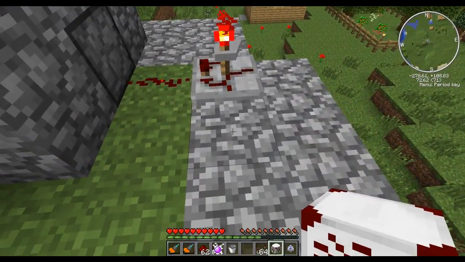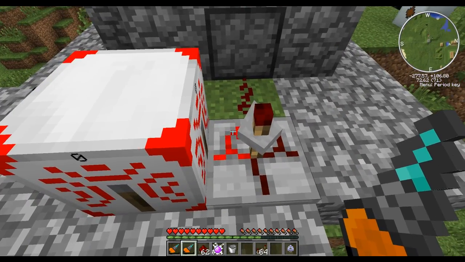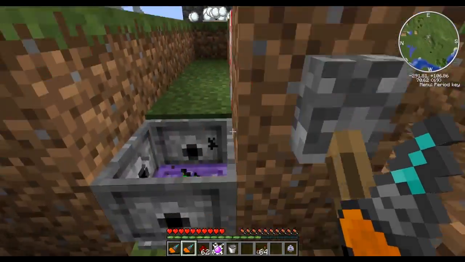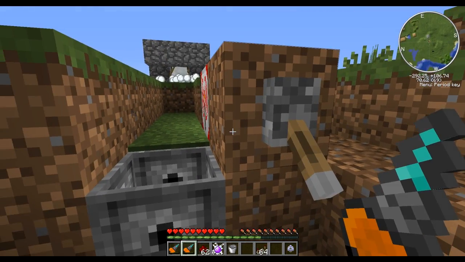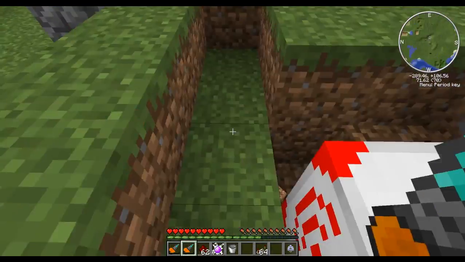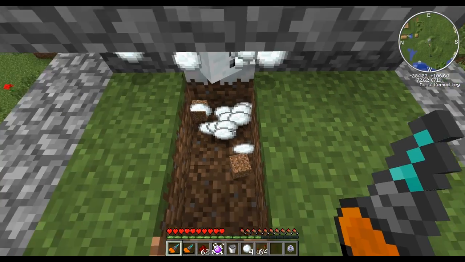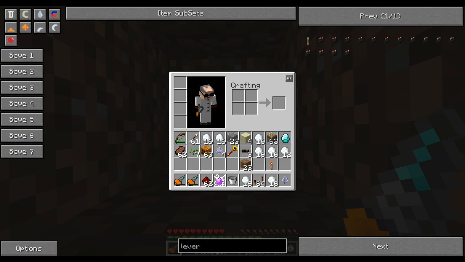Then we come over here and we've now stopped it. So now whenever I hit that lever, no more snowballs. Snowballs on, snowballs off. That still doesn't help you though get the snowballs into here. Now this is where the next mod comes in, which is a mod that's just built for things like this, which is